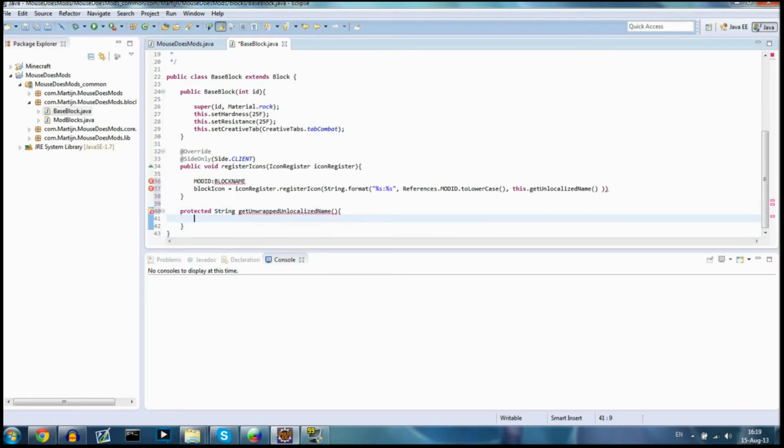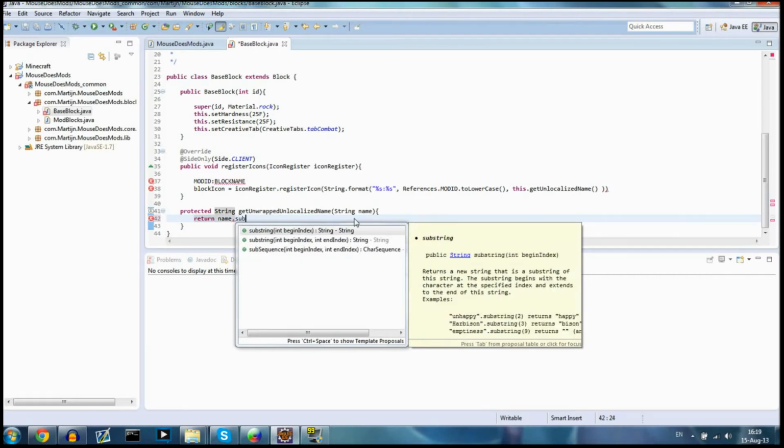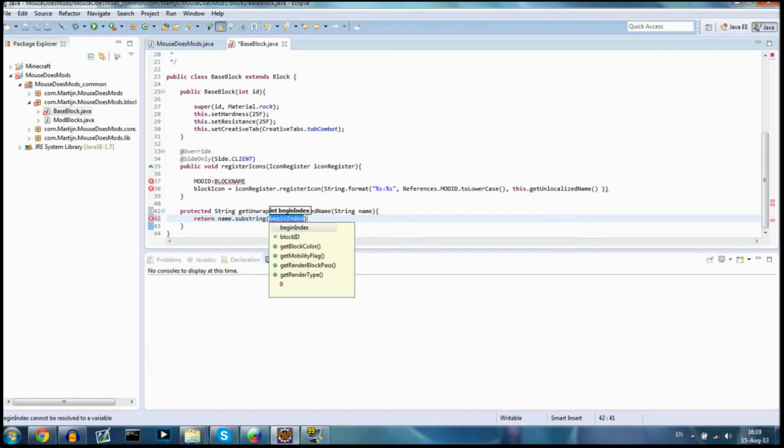So in order for this to work, we need to get a name. Okay, give us a string and we'll do something with that. And it will return name. Well, the name that we get, we're going to get the substring of that, and we start at name dot index of